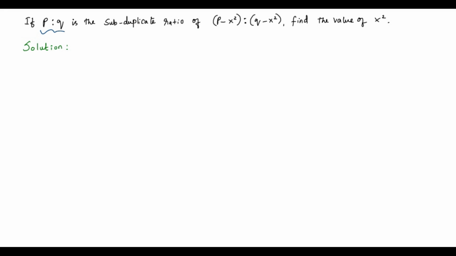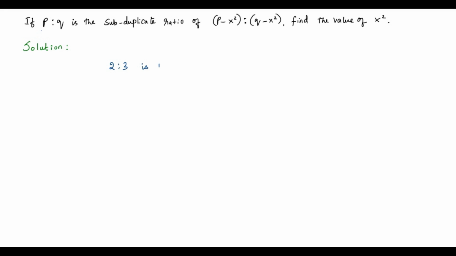Here we have two ratios, P is to Q and P minus x square is to Q minus x square. For which ratio we have to take square root? So we are getting confused. Okay, so to make it clear, what we can do is we can take the same statement, the subduplicate ratio of, with some other ratios with numbers, that is